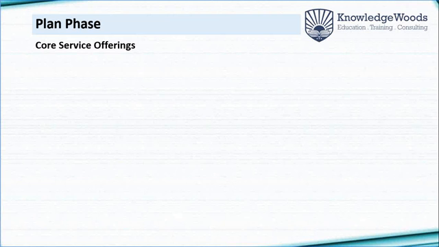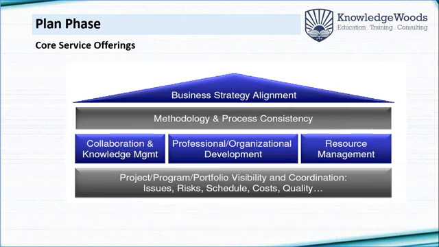Then the next step, once you have decided what exactly are the purpose and goals, and what exactly is the current maturity of your organization and where you want to land up, is deciding about the core services of your PMO. The core services of the PMO should be aligned to the purpose and goals, which will help in achieving them. And as you can see on your screen, this can range from individual project management related activities like issues, resources, schedules, cost, quality, and it can go up to the strategic alignment,